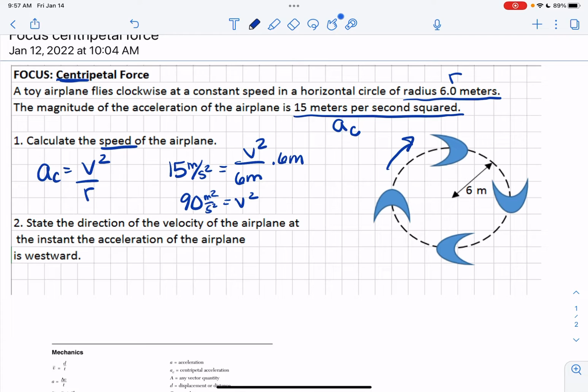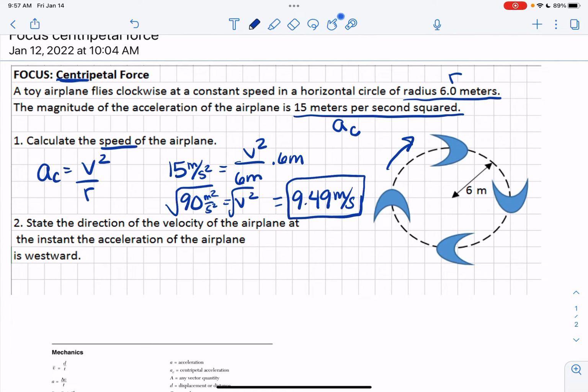Which works out because then to solve for velocity, we have to take the square root, and that's also going to square root the units. So the square root of 90 is going to be about 9.49 meters per second, and that is my